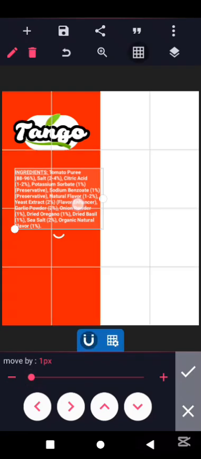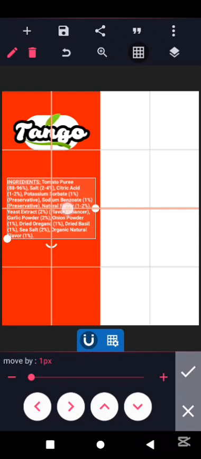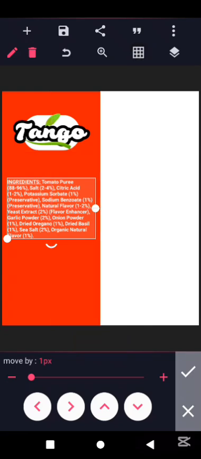Let's just make sure everything is at the center. Okay. And then